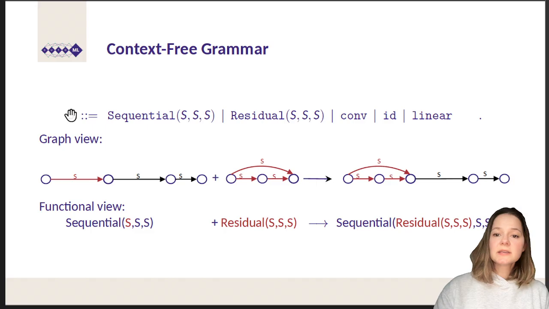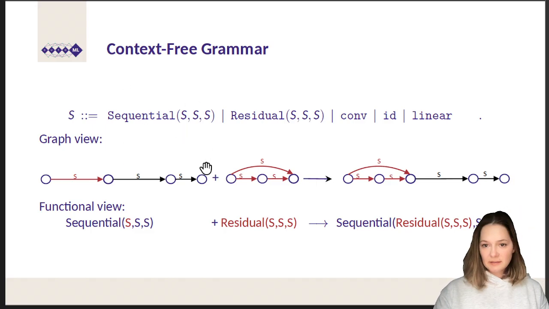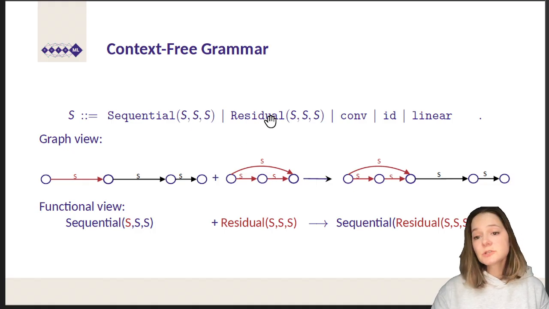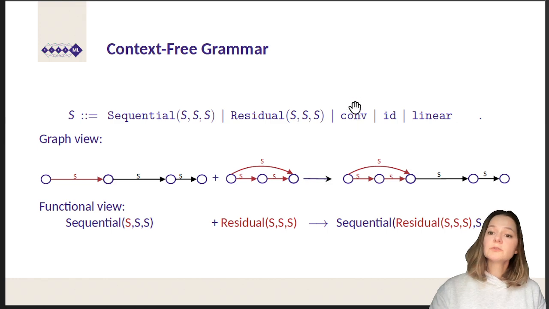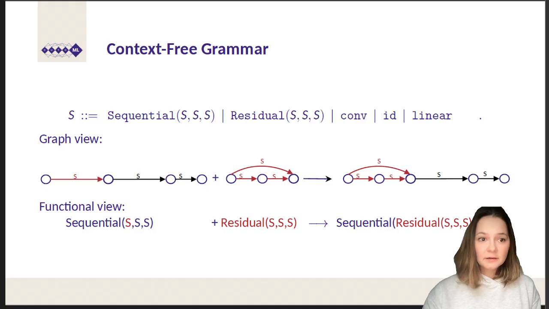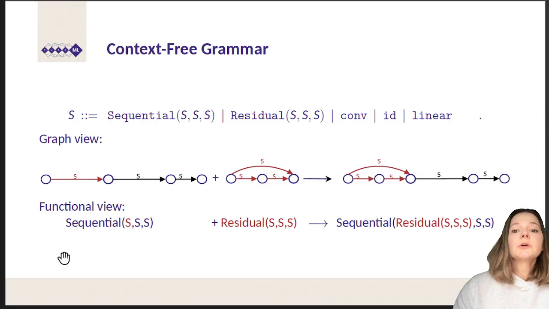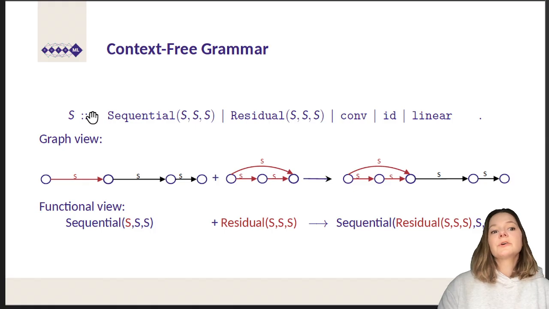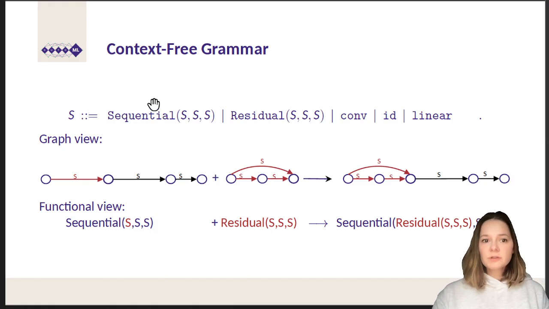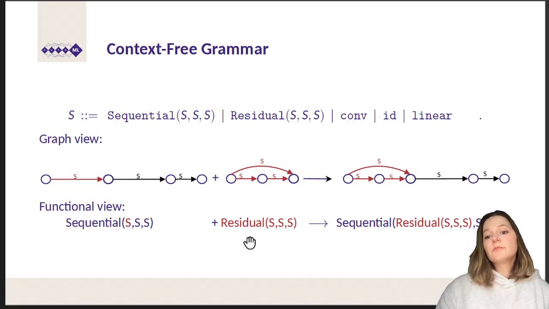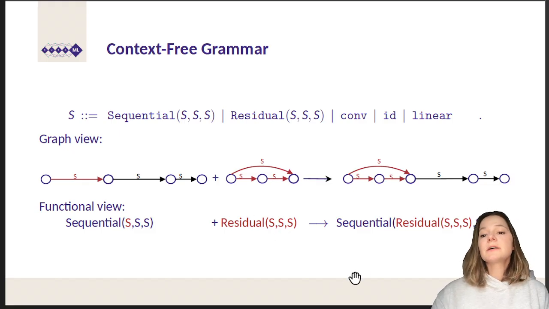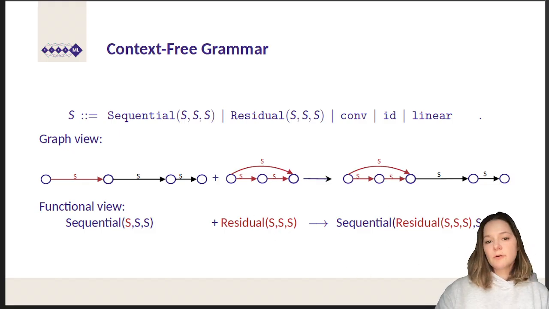So we can replace S by either a sequential, using again some symbols S. We could use a residual with S. We could use a computation of convolution, a skip connection, or a linear layer as the computations itself. So each S itself can be recursively expanded. It could be, again, another sequential, a residual, all these 3 different types of computations. So for example, what we could say is that we use our first S, replace it with a residual, having again 3 different types of S,